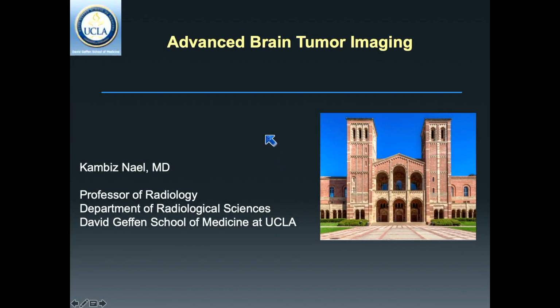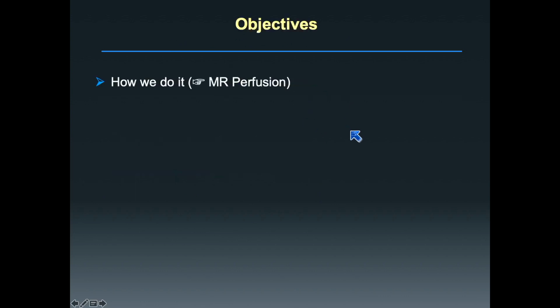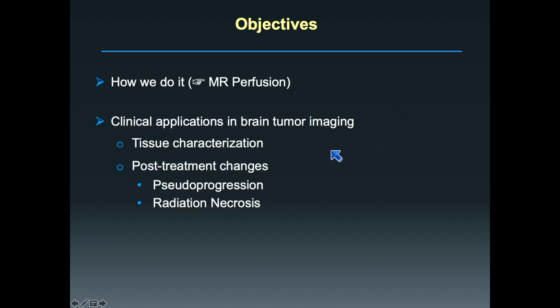Over the half an hour or so, we're basically just going to go over brain tumor imaging, specifically focusing on MR perfusion and then MR diffusion, and how we can use that for evaluation of brain tumors. So we'll quickly review how we do MR perfusion, just a quick summary,